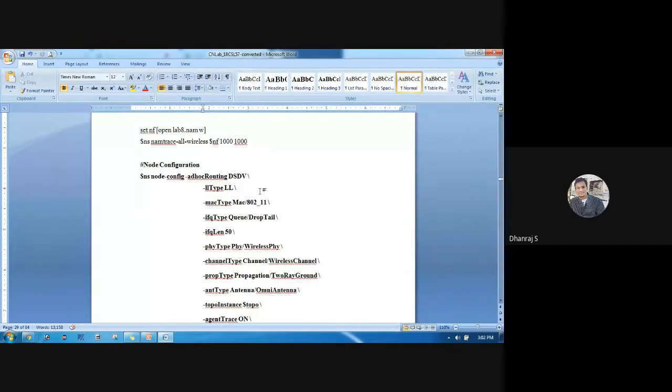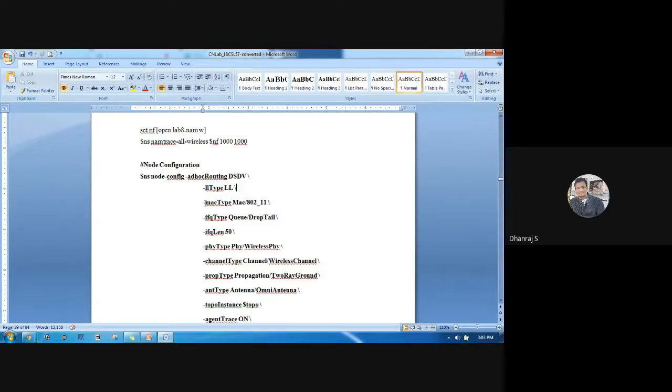Then the second line is llType. llType is the link layer type, and it should be written with a capital L. It is the link layer type, space, then slash. Next line, hyphen. You have to write in this format only. You should not write it otherwise, because if you do, you are going to get an error.